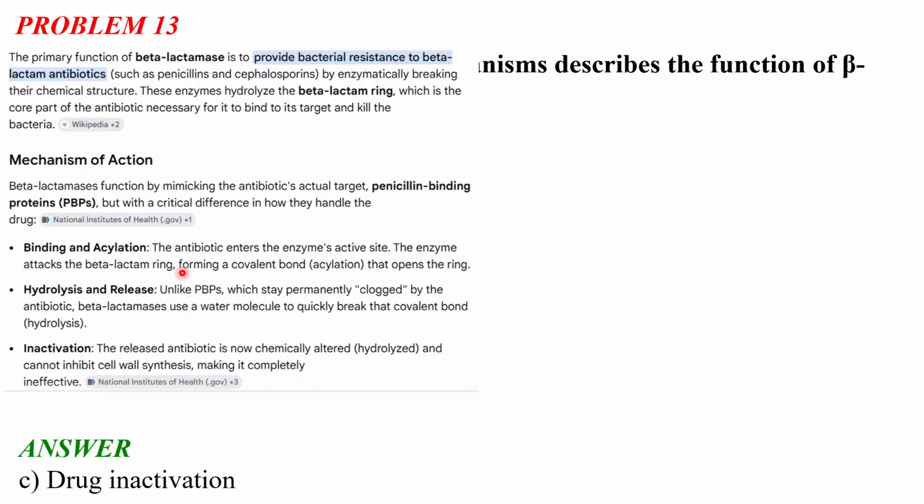The enzyme attacks the beta-lactam ring, forming a covalent bond by acylation and opening the ring. Hydrolysis and release: unlike PBPs, which stay permanently clogged by the antibiotic, beta-lactamases use a water molecule to quickly break the covalent bond by hydrolysis. Inactivation: the released antibiotic is now chemically altered, or hydrolyzed, so it cannot inhibit cell wall synthesis, making it completely